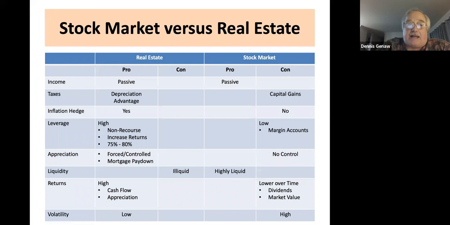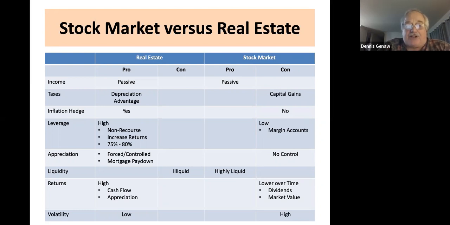Now, real estate is not all roses and sunshine. It is an illiquid investment, which typically means that there's not a ready market. You can't sell out your real estate immediately, especially if you're buying as a limited partner into a syndication. They may allow you the ability to sell. I've seen some syndications that don't allow you to sell at all, but there's not a quick and ready market like there is in the stock market, which is highly liquid.